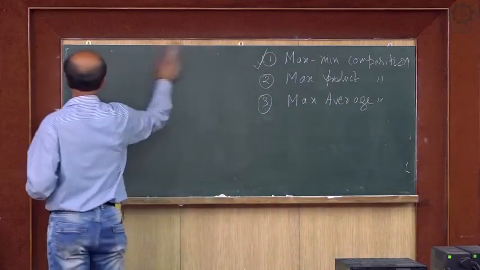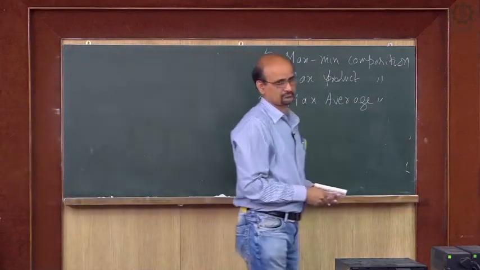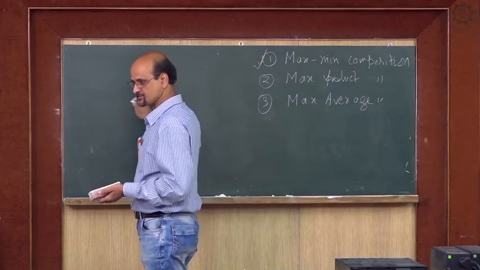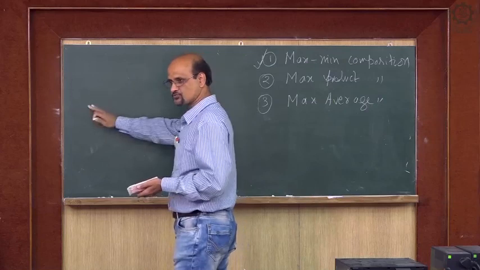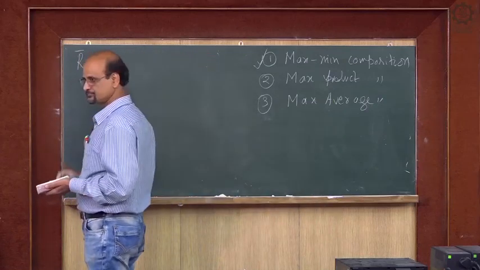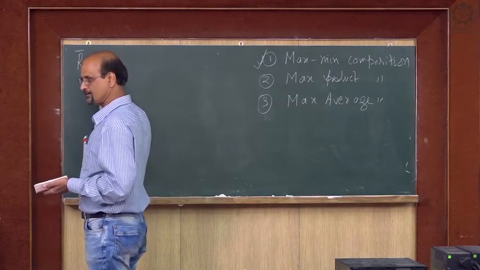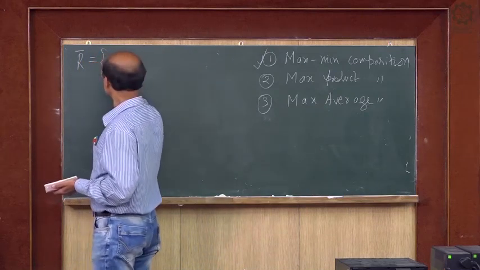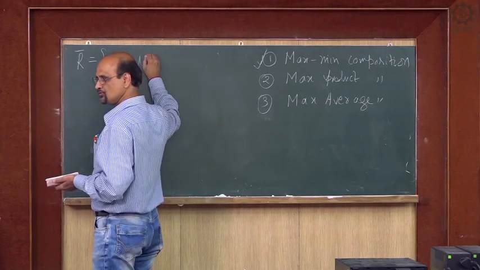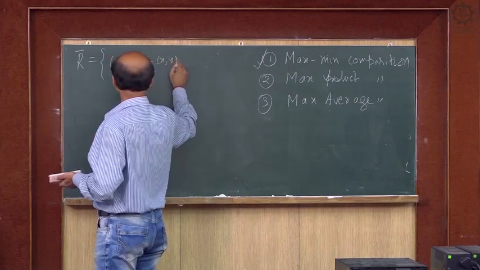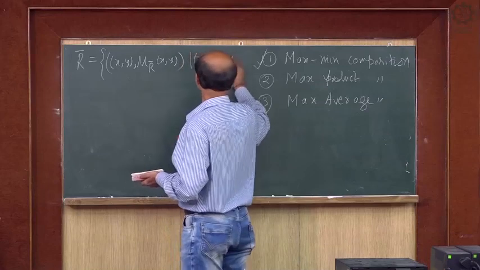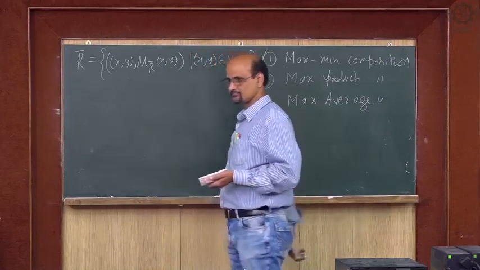What is your max min composition? If we have two product spaces X cross Y and Y cross Z. So, X to Y, suppose I have a relation R bar. R bar I can define as, because this is from X to Y, the pairs (x, y) with mu R bar (x, y) such that (x, y) belongs to X cross Y. This is your R bar